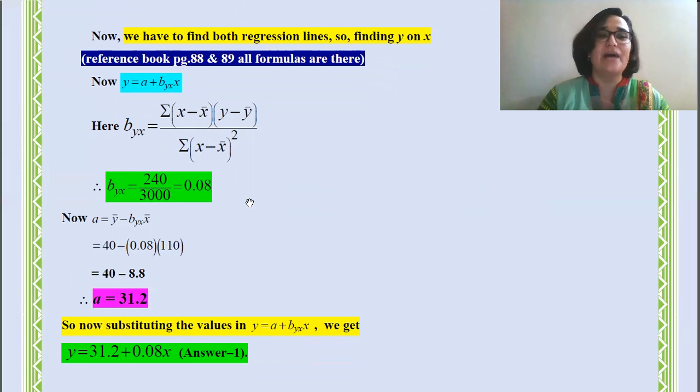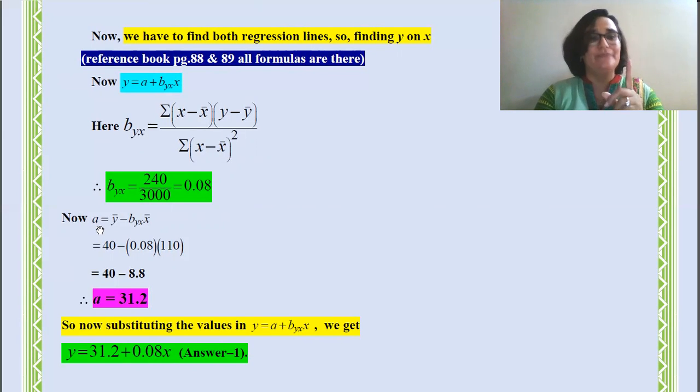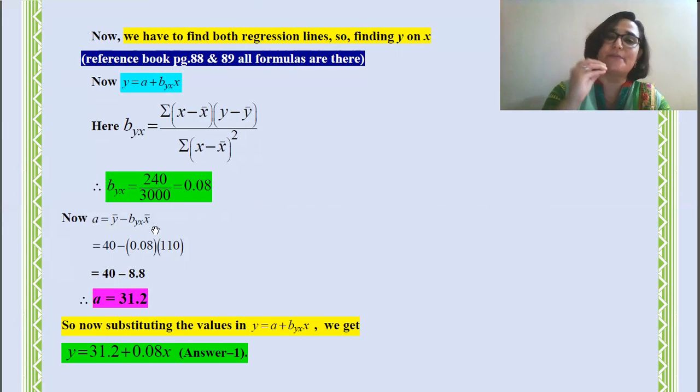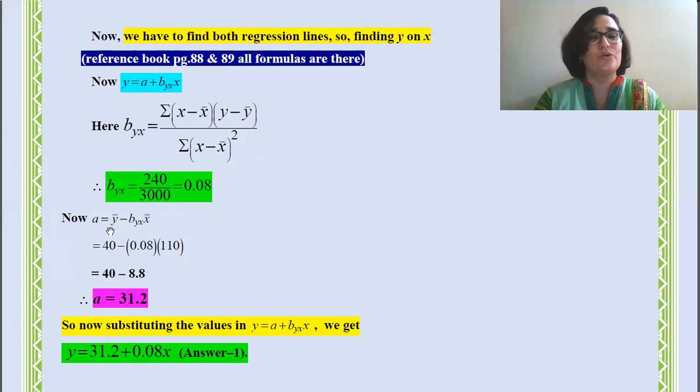Great. Now what do you need? You want to find the constant, the small a. Great. What was the formula for a? Do you remember? Yes, a is equal to, look at your screens please, y bar minus byx times x bar. This is a fixed formula, right? We have already discussed it. We only have to substitute the values. So let's go quickly. y bar was 40, byx you just found above in green color, 0.08, and x bar we had found, 110. Come on,